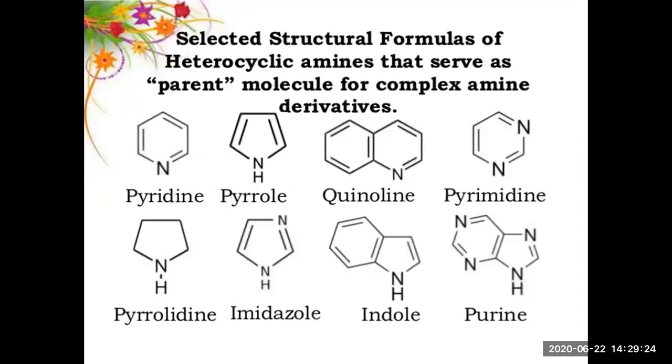Next is selected structure formulas. Structures of heterocyclic amines that serve as parent molecules for complex amine derivatives: pyridine, pyrrole, quinoline, pyrimidine, and these are different structures. So next one is